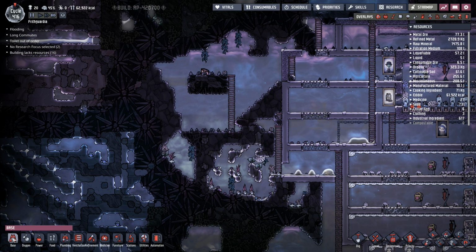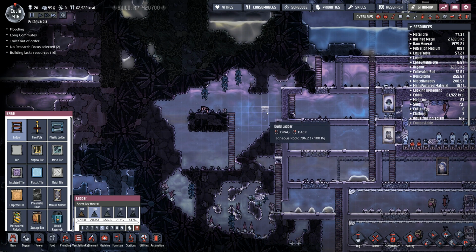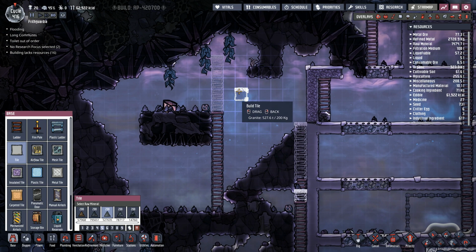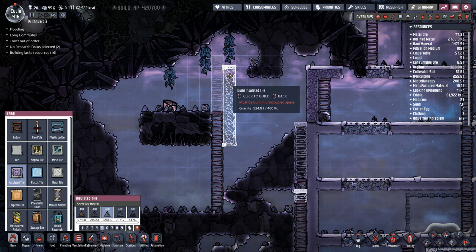So what we're going to do is I'm going to go with the ladder in there, and I'm going to build that up to there like that. Now, I've got a ladder going around this one already. I'm going to extend this ladder up to that point. Up there like that somewhere, I think. And I'm going to take tile then. And no, I'm going to take insulated tile. Now, I'm going to run that insulated tile to...